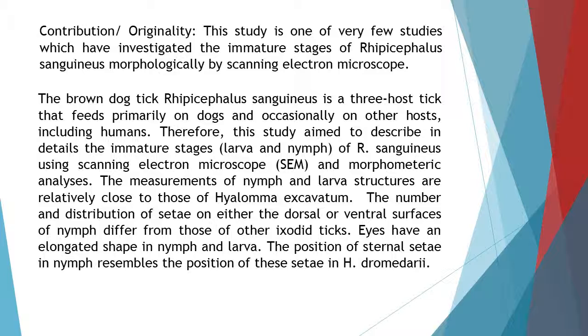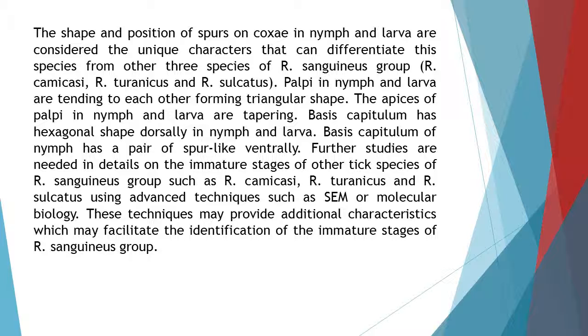The measurements of nymph and larva structures are relatively close to those of Hyalomma excavatum. The number and distribution of setae on either the dorsal or ventral surfaces of nymph differ from those of other Ixodidae ticks. Eyes have an elongated shape in nymph and larva. The position of sternal setae in nymph resembles the position of these setae in H. dromedarii. The shape and position of spurs on coxae in nymph and larva are considered the unique characters that can